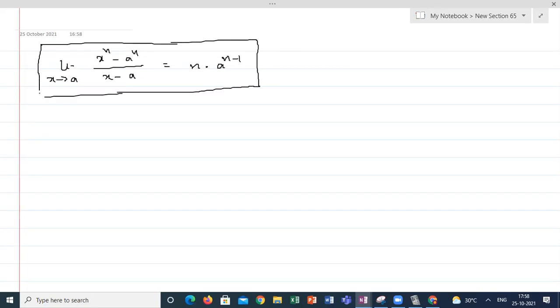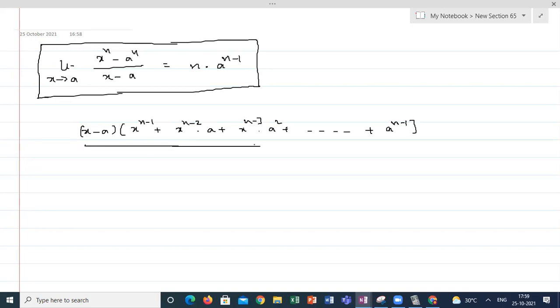If I substitute directly, I will get 0 by 0. The factors of x power n minus a power n are x minus a into x power n minus 1 plus x power n minus 2 into a plus x power n minus 3 into a square plus and so on, a power n minus 1,